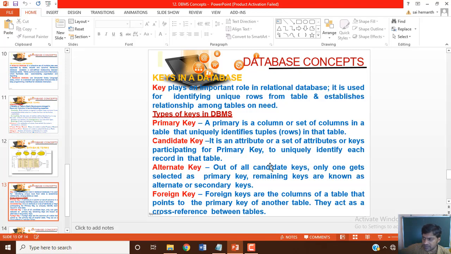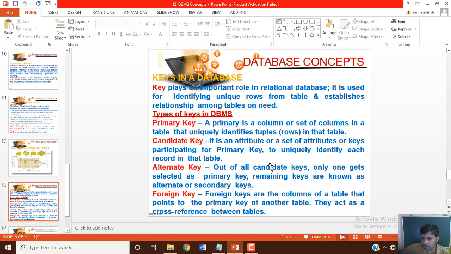They are used to establish and identify relations between two or more tables. They also ensure that each record within a table can be uniquely identified by a combination of one or more fields within a table. So key plays an important role in a relational database. It is used for identifying unique rows from a table and establishing relationships among tables based on need.